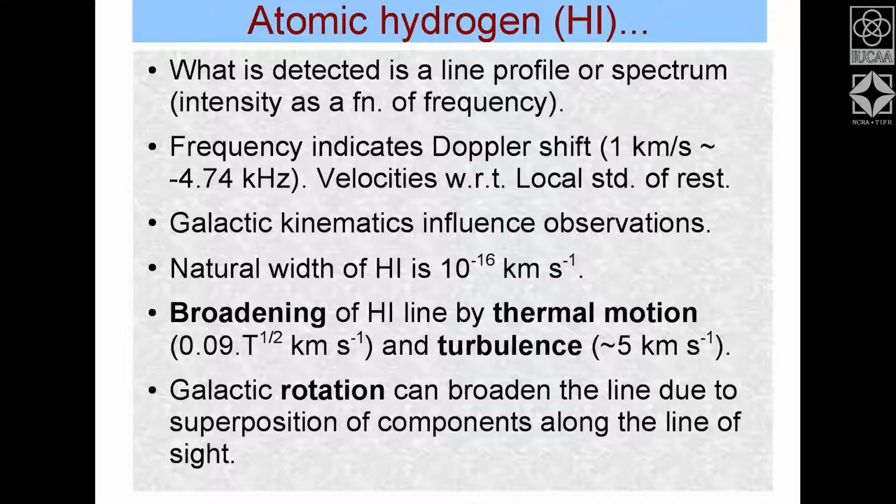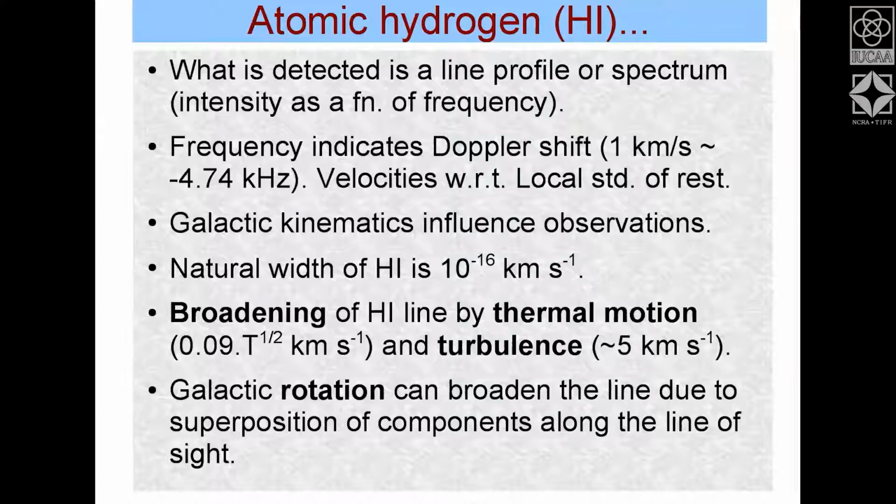If you are not seeing the peak of atomic hydrogen emission there, it means the line is shifted, and this shift is typically due to velocity. If the atomic hydrogen is coming towards you, it will be blue shifted. If it is going away from you, it will be red shifted. Red shifted means the frequency goes down, or the wavelength increases.